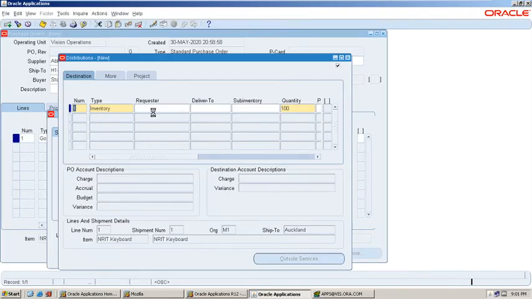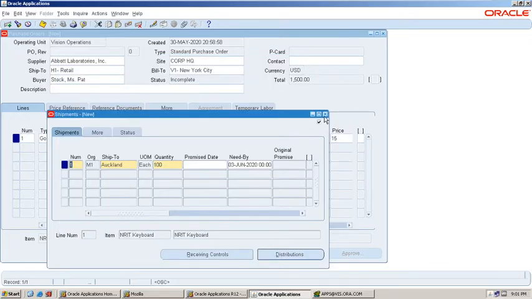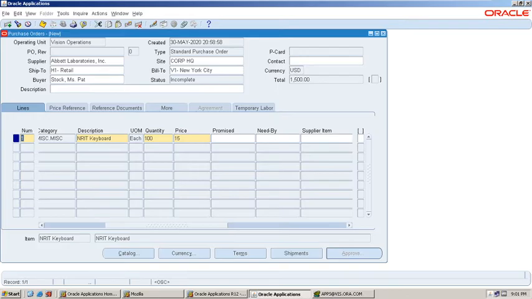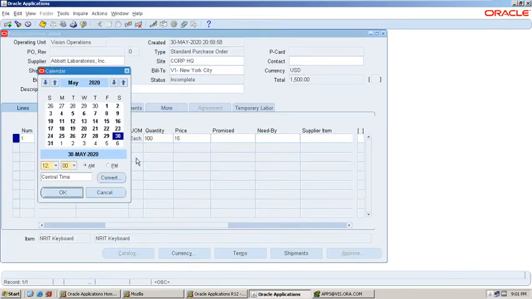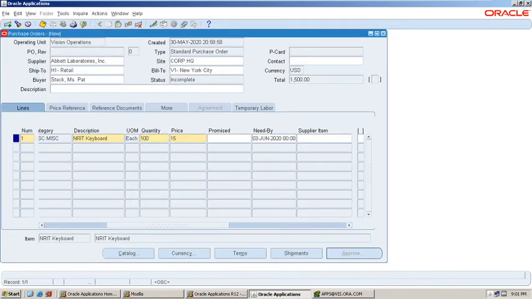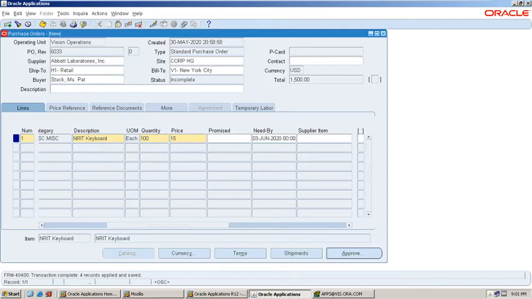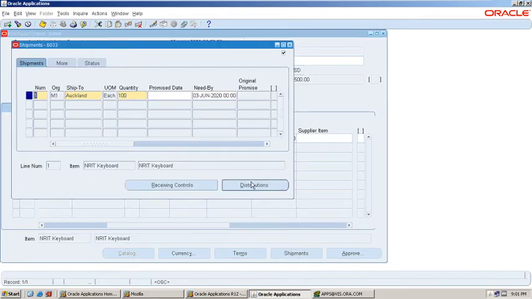Now, in lines level also we need to provide the need by date, when the items are required. Okay. Now click on the save button. Now you will see shipment details and distributions.